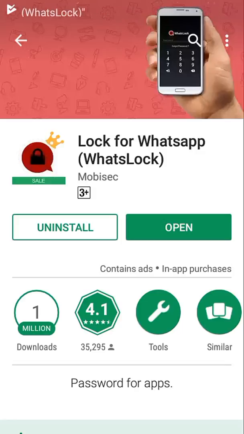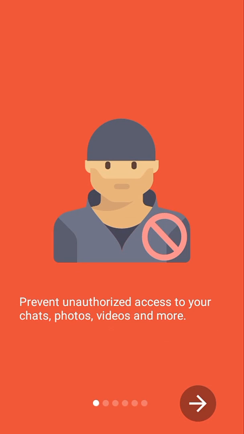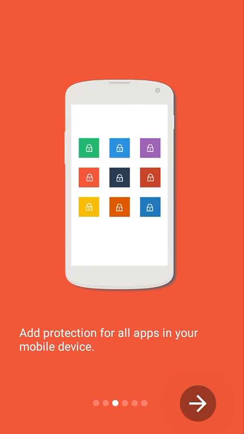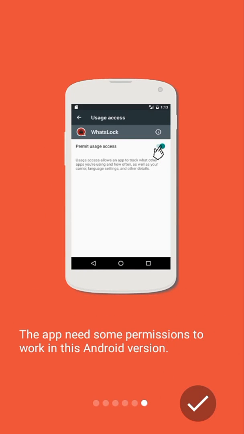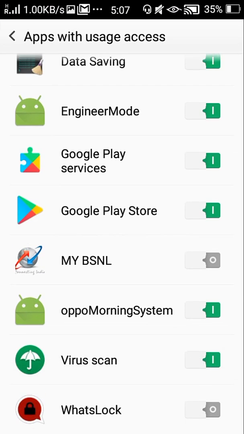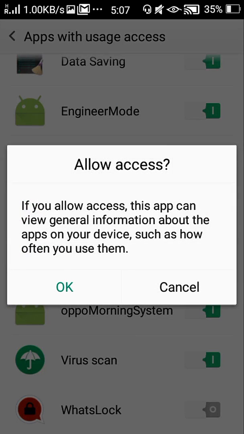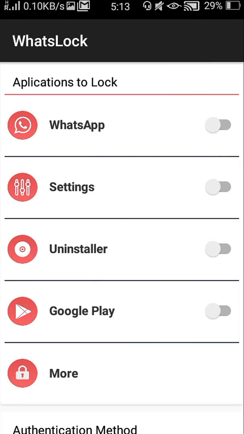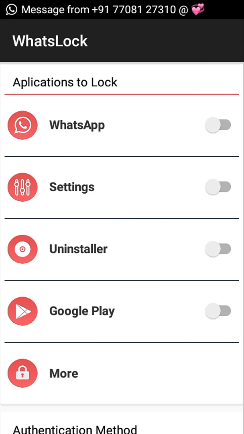And now give open. Read all this and give tick, and here enable this WhatsLog and give OK. And now what you want to do is you want to enable this WhatsApp by clicking on it, give OK,